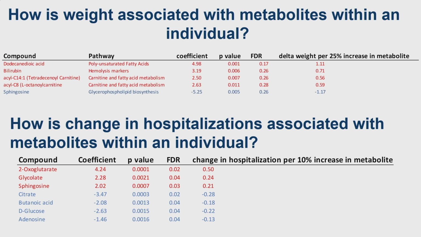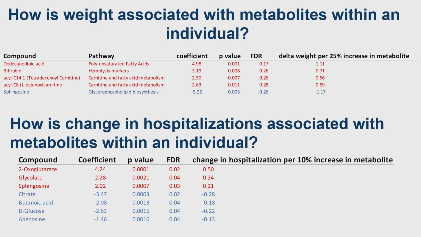So then the question comes up to clinical outcomes, right? So this is all interesting, but then how does it relate back to patients and understanding what is happening to patients' metabolism when they take these drugs based on associations, which actually are probably the first step to lead you down the basic science experiments that we need to do to try to figure these things out. And so when we looked at metabolites, how do the metabolites predict weight? And how do the metabolites predict inflammation, which in this study was represented as change in hospitalizations after the start of Trikafta?